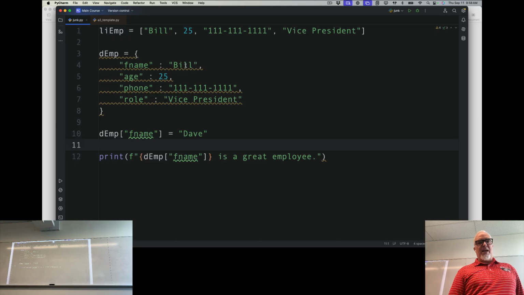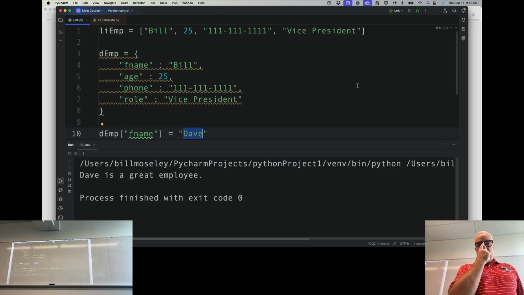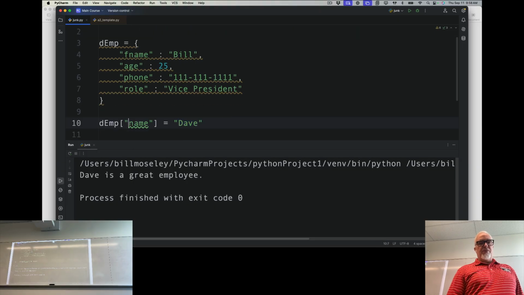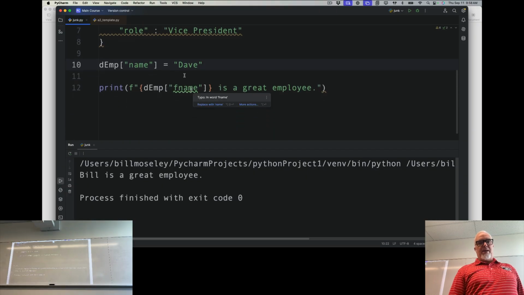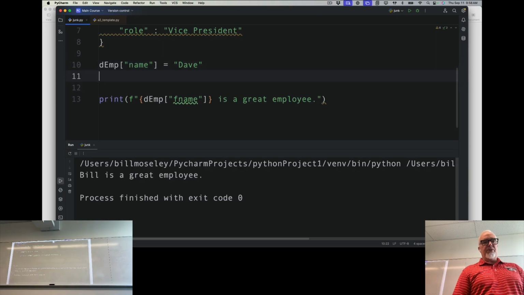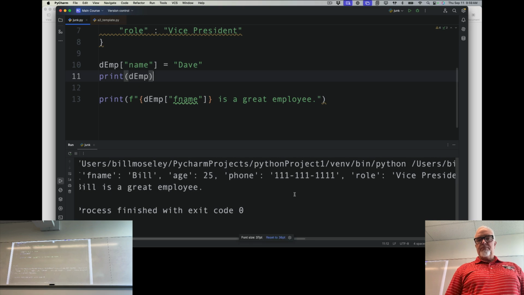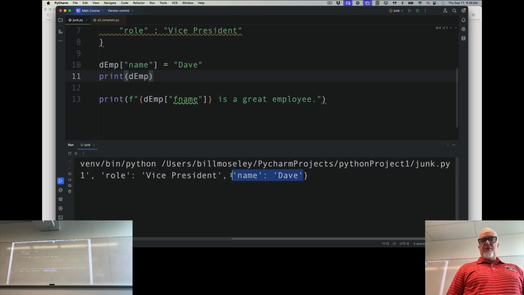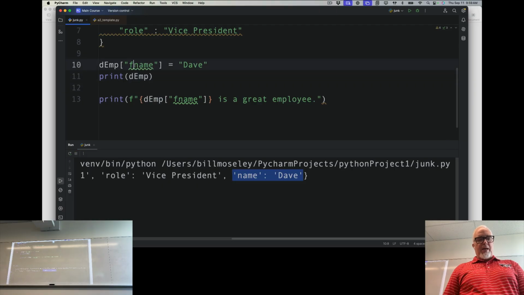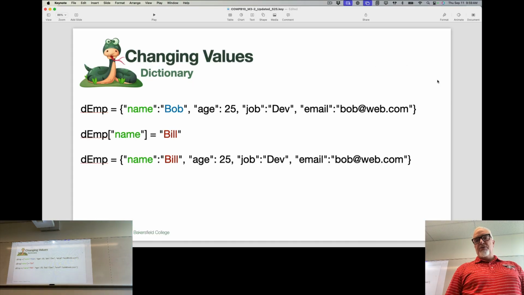But if I want to update F name to Dave, so I've got a slot here, F name is Bill. If I say F name equals Dave, then when I print that out, you can see that's been updated to Dave. But if I just do this, name equals Dave, it doesn't update F name because it doesn't match. But what it does do is it will add to the very end here a new key and value pair with the one that I just added. So that's that. So when we talk about